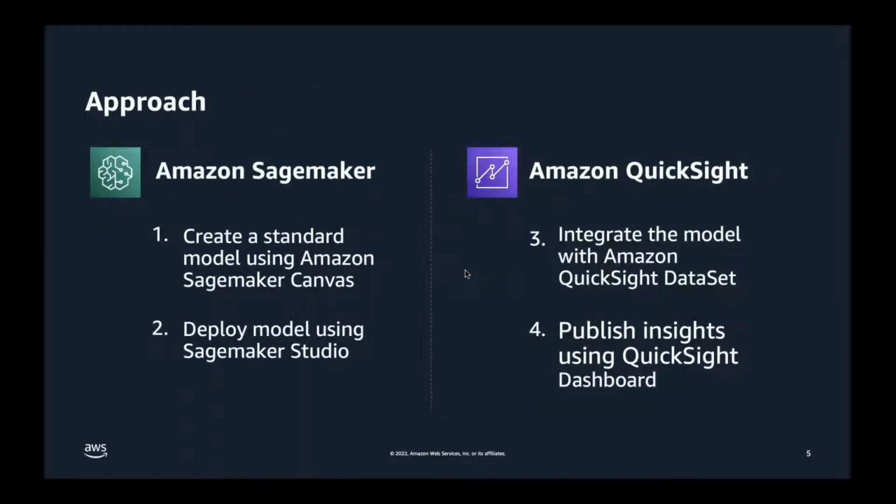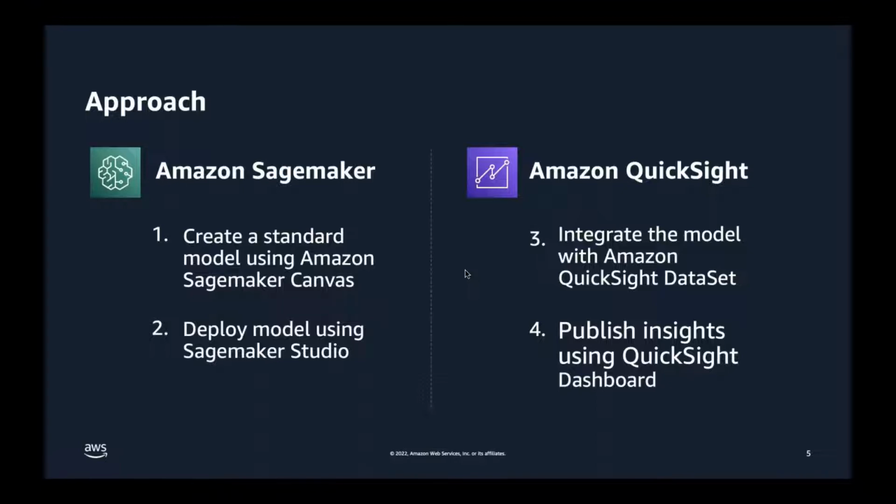So let's try to understand how our approach is going to be towards this use case or business objective. In order to achieve our objective, we will break down the process into 4 high-level steps, and these steps will be shared across Amazon SageMaker and Amazon QuickSight. We will start off on the Amazon SageMaker side, and we'll begin by creating a standard ML model using SageMaker